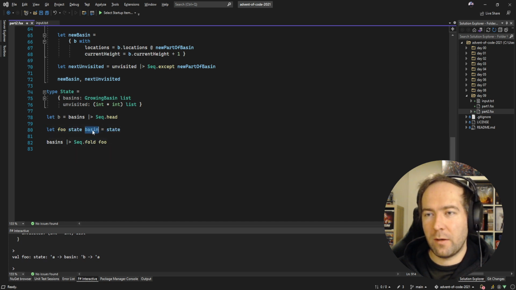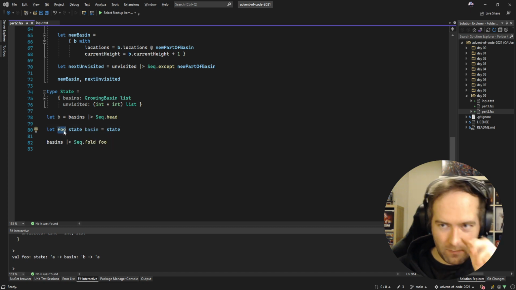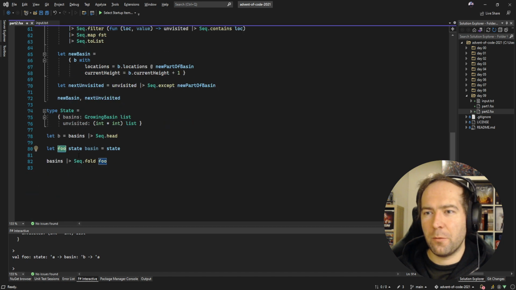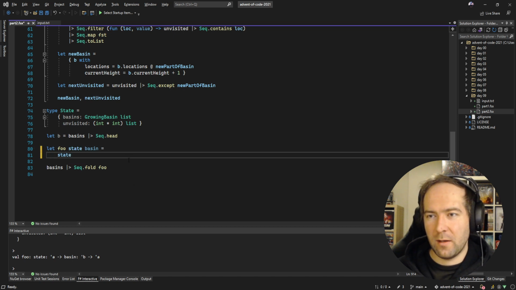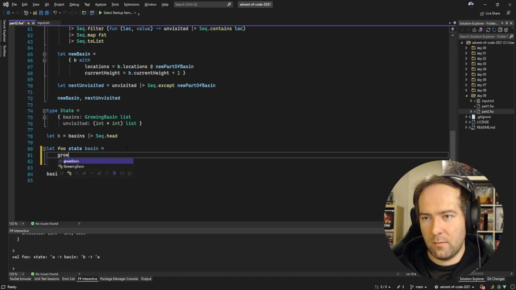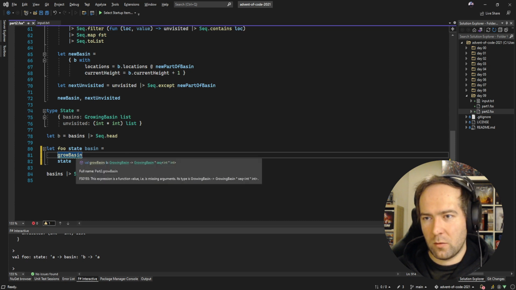Now we're folding over every basin. So this foo function, that's actually a grow basin function with some state. It's literally the grow basin function with some state. So let's do the grow basin with